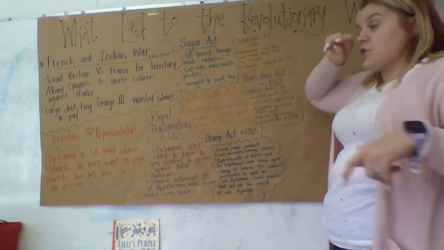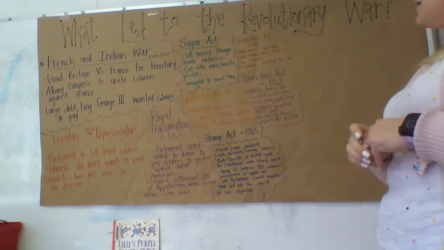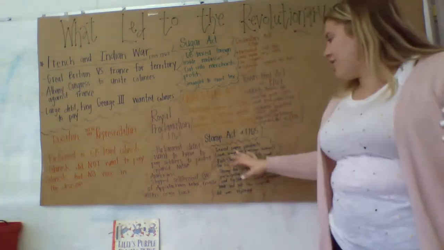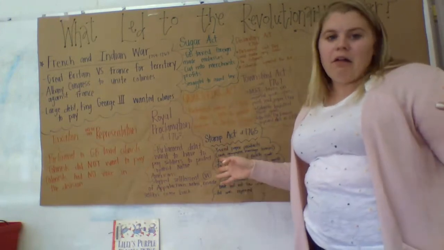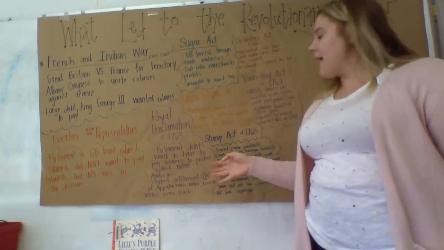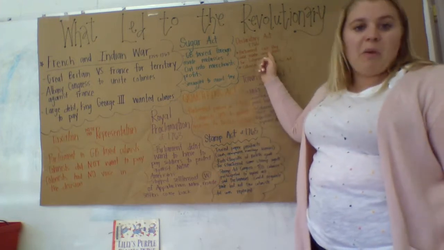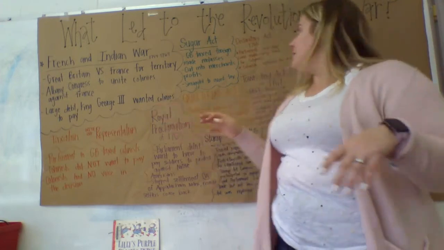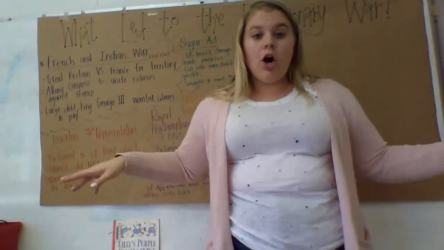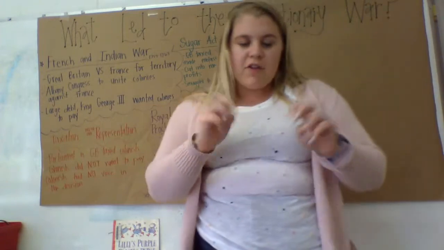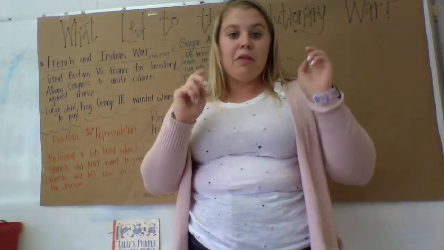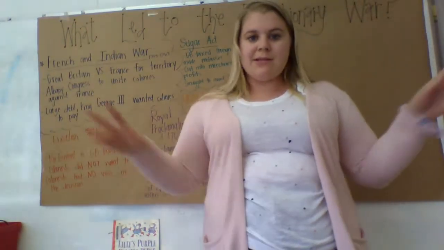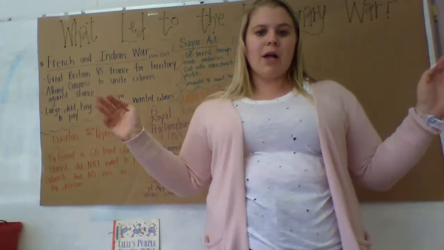Then came the Declaratory Act of 1766. And that was Parliament's way. They were kind of acting like big babies. So, they're pretty mad down here, like, the colonists got their way. We had to repeal this act. So then they were like, well, we'll just show you we're still in charge. They passed this law, this act that said that they could make any law, any necessary law for the colony. So if they thought it was necessary, they could tell the colonists what they had to do. But the colonists just ignored the act because they were like, you're just doing this because you're mad at us because we got our way.